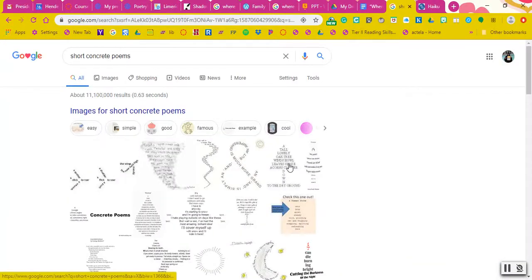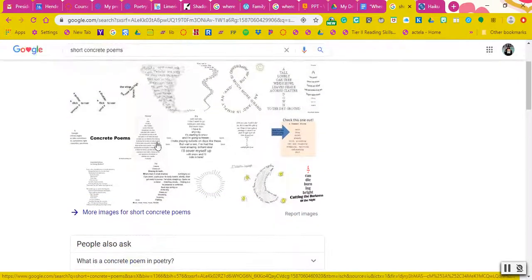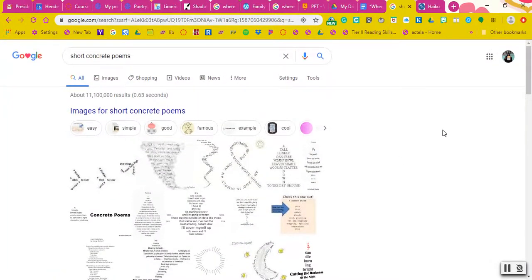Okay, so the last poem I want to talk to you about are concrete poems. Concrete poems are really fun. They take the shape of whatever it is that you are writing about. So, here's one candle. Candle burning bright, cutting the darkness of the night. Short and sweet, it's in the shape of a candle. And there's probably another line there that I didn't read. So, those are fun. And then, I should talk about acrostics too. You've probably written a million acrostics where you write the word down.